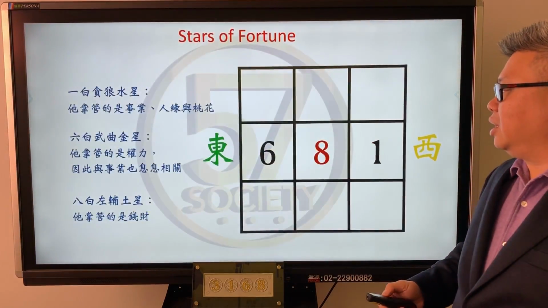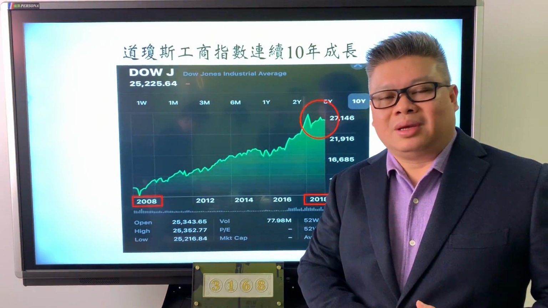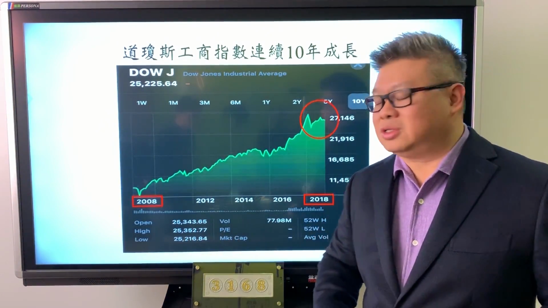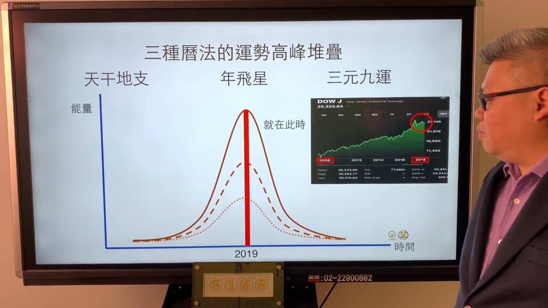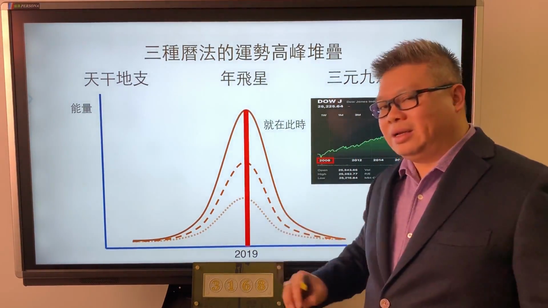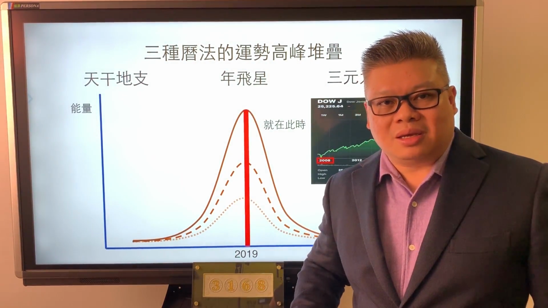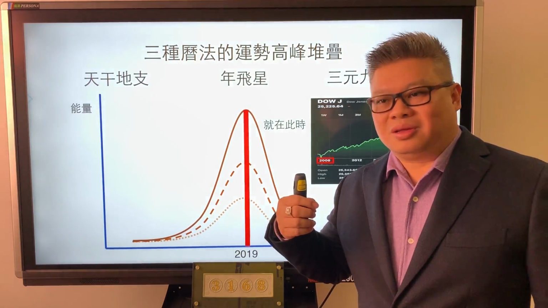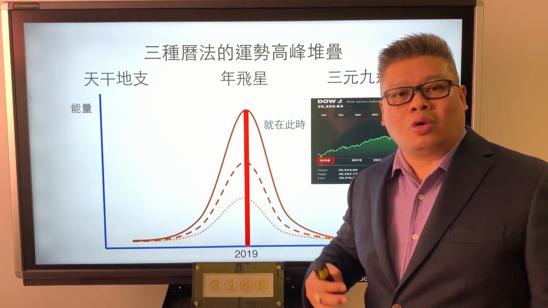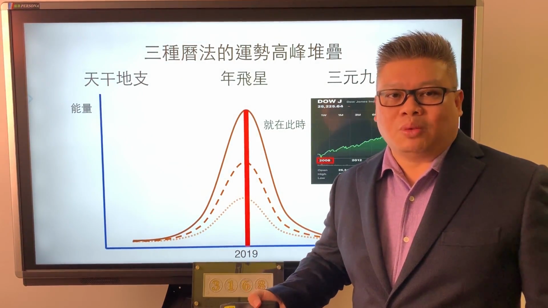When you look at the Dow Jones Index, it has been going up, and I don't think this can actually be sustained. So when we look at the chart for 2019, this is supposed to happen. It may pop up to probably another peak. The Dow Jones may break probably an all-time record and go up even further. It will lead all the market indicators. That may be one thing.